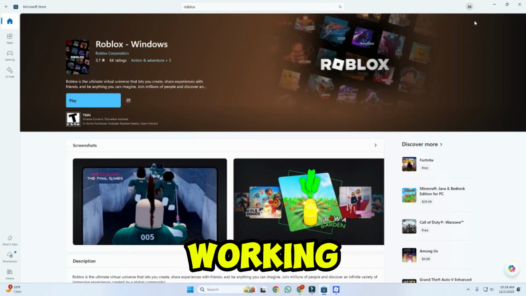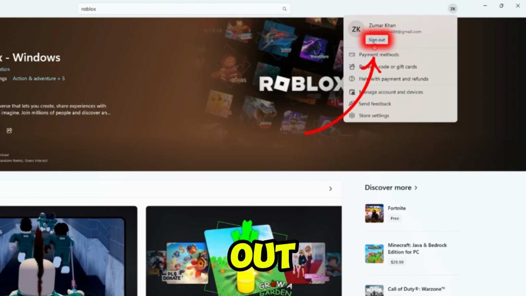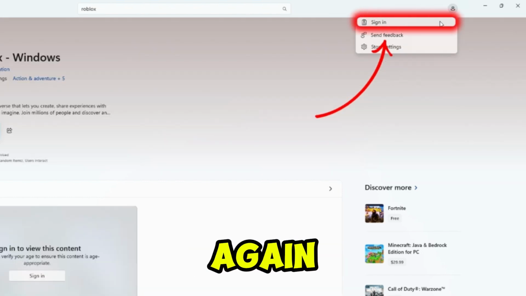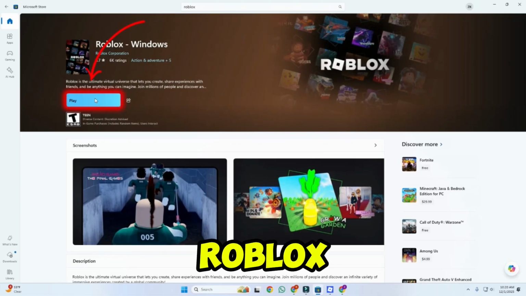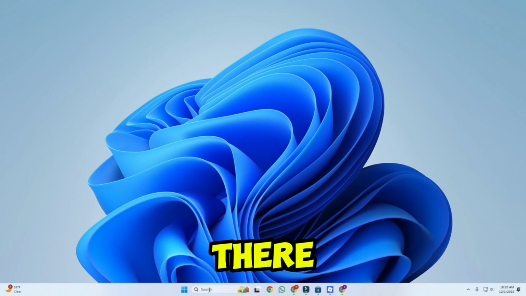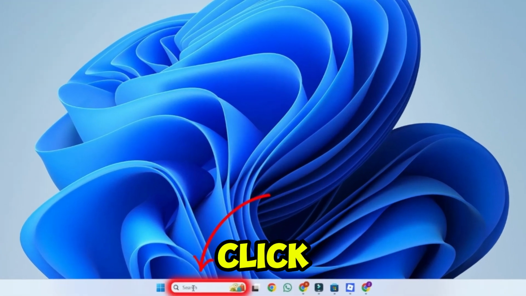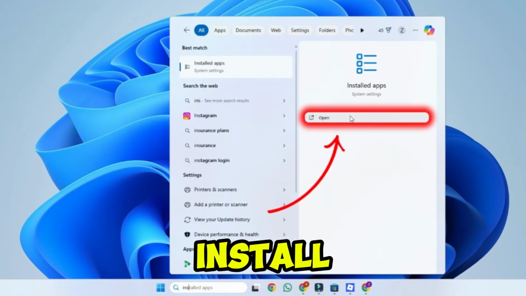If it's still not working, then try signing out of your Microsoft account and signing in again, and then try to play Roblox. If the problem is still there, then again from desktop click on search and type installed apps and here